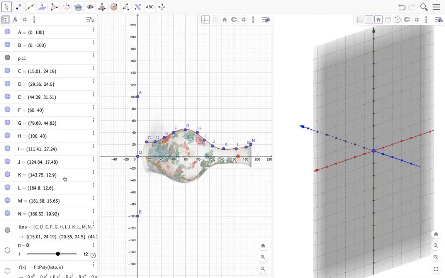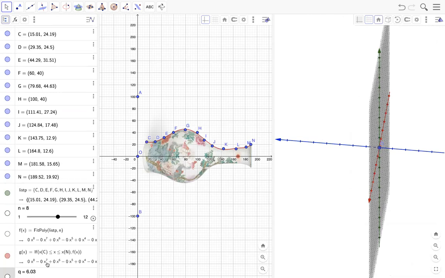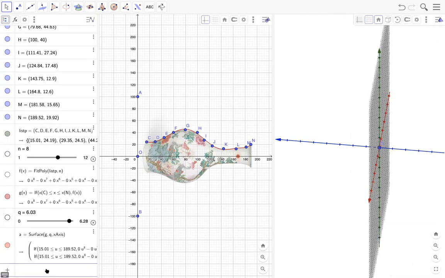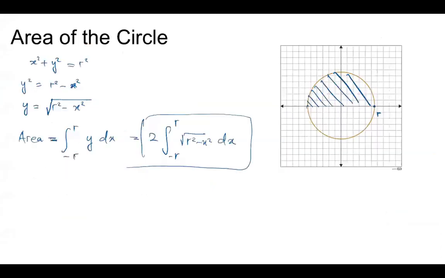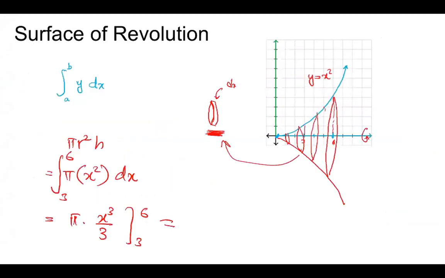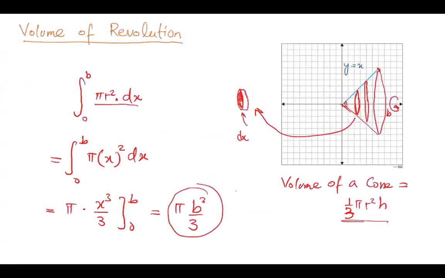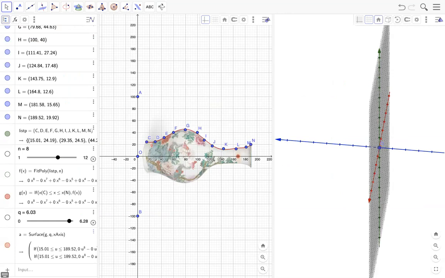Okay, so to find the volume, let me actually rotate this curve. But if it is a surface, I should still be able to see the surface. But before we do that, let's try to find out the volume in this case. To find the volume, if you see in the previous GeoGebra slide where we discussed how to find the volume of a curve, we have to use this formula, pi r squared dx. So I can simply use this same idea here.